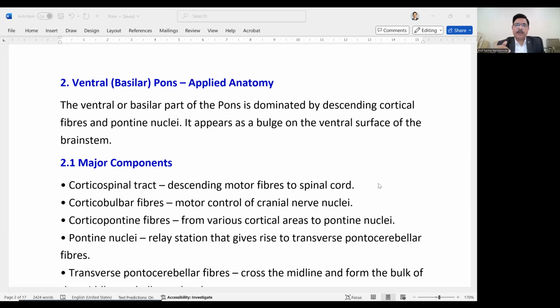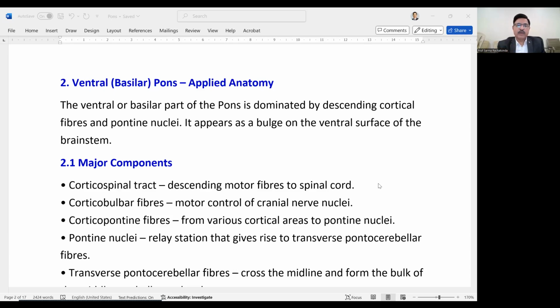Then corticobulbar fibers are there, that is motor control of the cranial nerve nuclei, and then the corticopontine. If you remember, in the midbrain we had the peduncles. The peduncles have got 4 motor tracts: the frontopontine is the medial, then corticospinal, corticobulbar, and temporopontine. Here temporopontine fibers terminate in the pons, and that tract is not seen here. Okay, so corticospinal tract,